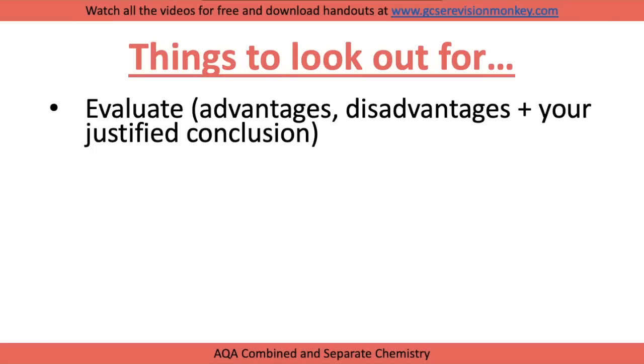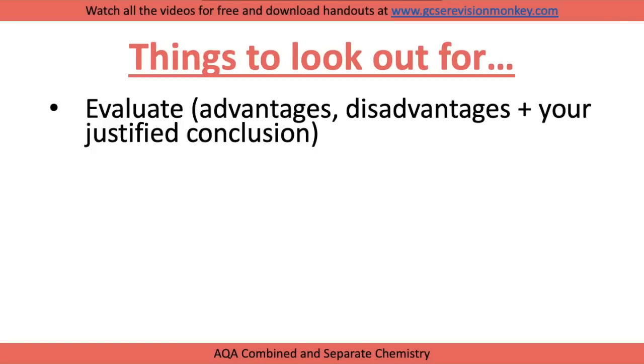Quick recap of what evaluate questions want you to do. They want you to give advantages, disadvantages, and a justified conclusion to your answer. So these are often between 4 and 6 marks. They won't tell you that, they just have the word evaluate. So you need to remember to put pros and cons of each thing and give your reason as to which